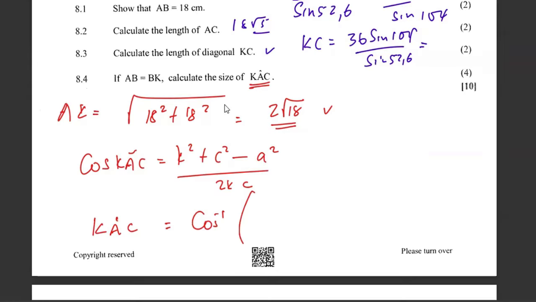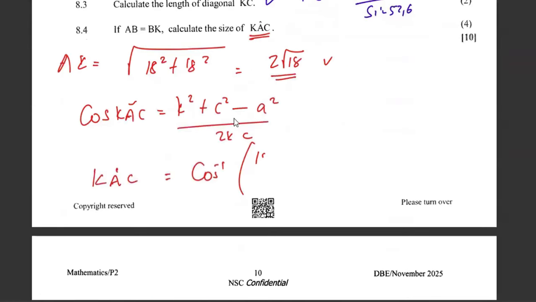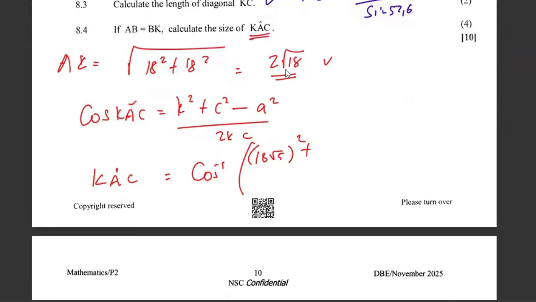So my K was 18 root 5 squared, plus this is 2 root 18 squared. Oh Lord, this is wrong because it is 18 squared plus 18 squared, which is 18 root 2. Sorry about that. Okay, 18 root 2 squared, minus the a, which we got as 43.97